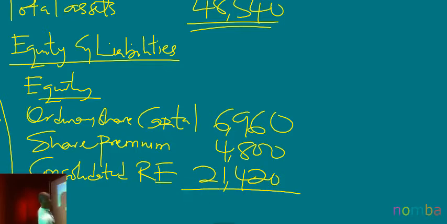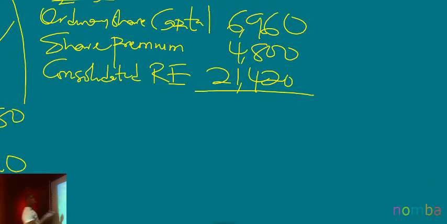Okay, this is correct now. So if we add these three together, the 6,960 plus the 4,800 plus the 21,420, the addition gives me